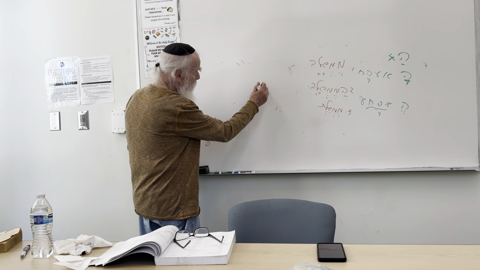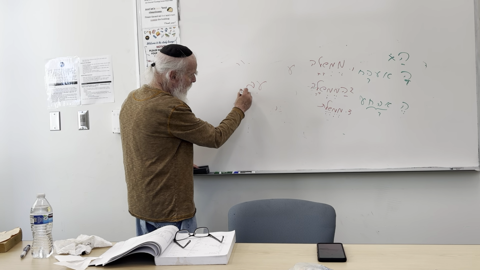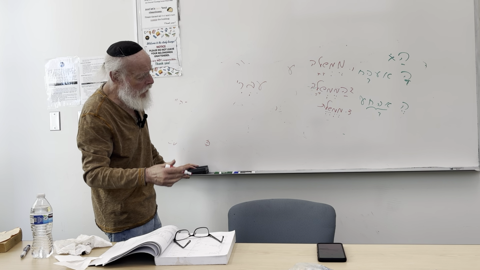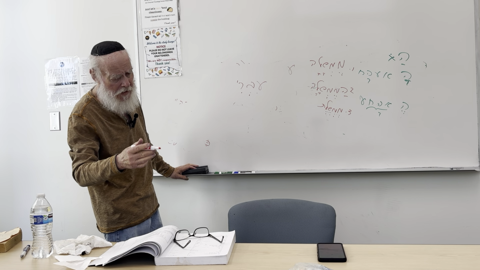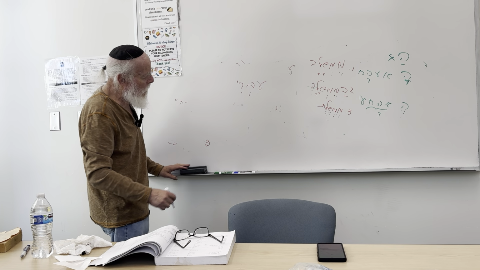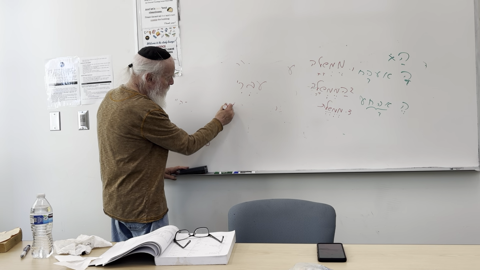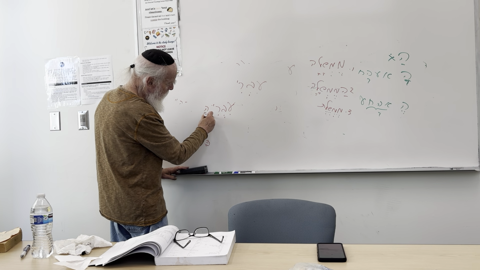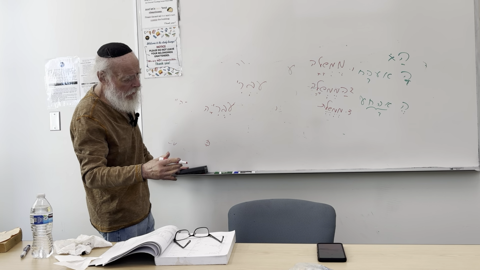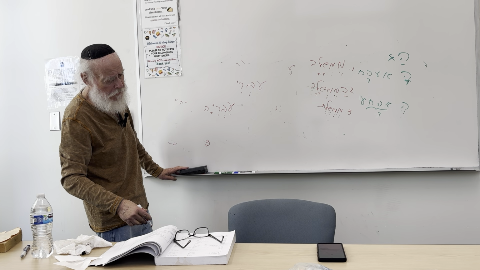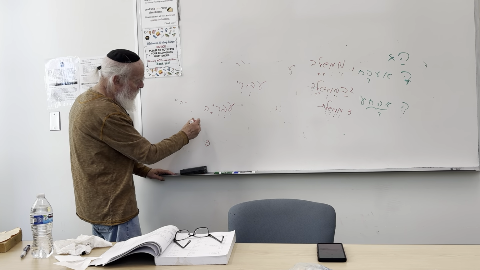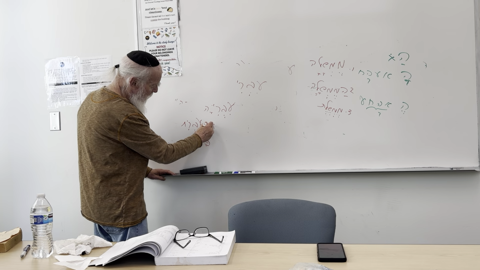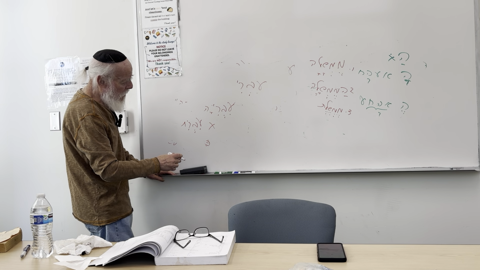First of all, the word Ivri. Ivri is both a noun and an adjective. Ivri is a noun, as in Ivri, a Hebrew boy. Ivri is an adjective, as in Sefer Ivri, a Hebrew book. The feminine is Ivriya. Ivriya is the noun. A Hebrew girl is an Ivriya. A Hebrew woman is an Ivriya. As an adjective, the word would be Ivrit. Ivrit can only be used if it's modifying a noun, as in Safa Ivrit.